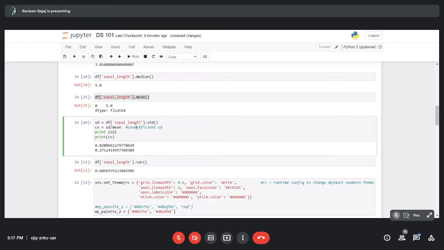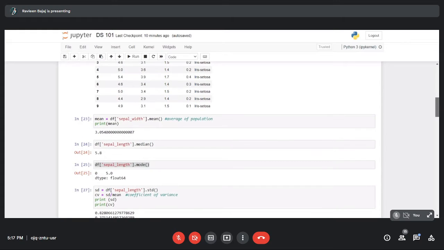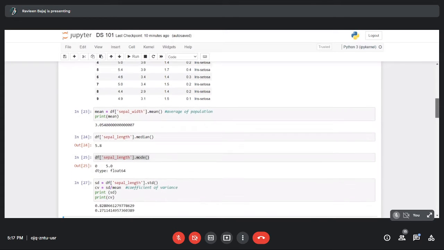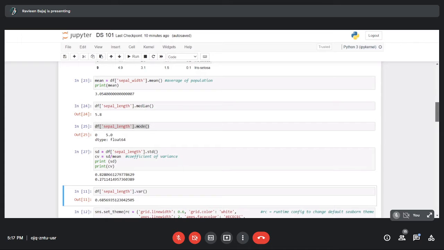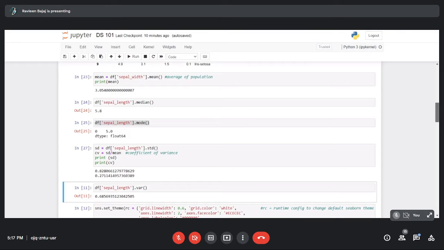Again, a very basic formula and a very basic statistical measure to evaluate our data, and simply we will be calculating it by SD upon mean and printing it. So now we have our variance, our standard deviation, our mean, median, mode. We can also calculate range, central tendencies, interquartile range, and other basic descriptive methods, evaluations, to just see how our